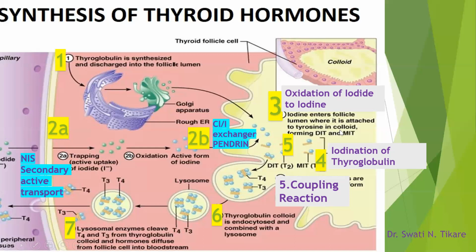Now, the fourth step, the thyroglobulin is already available, is iodination of thyroglobulin. Okay. So, with iodination of thyroglobulin, what all structures are formed? Either monoiodothyronine or diiodothyronine are formed. Next, these two structures form coupling. Okay. If two molecules of DIT combine, they form T4. If one DIT combines with one MIT, it forms T3. If monoiodothyronine plus DIT, then it forms reverse T3.